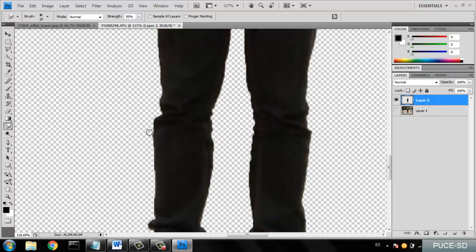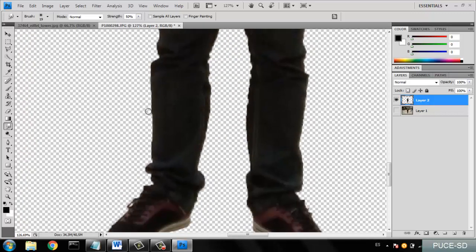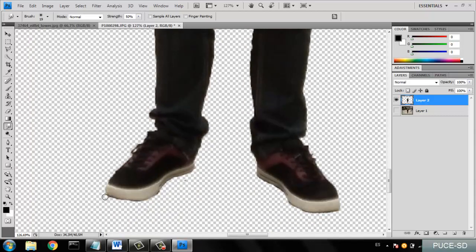This is only going to enhance these little parts of the image. It's gonna blur, as I say, those very